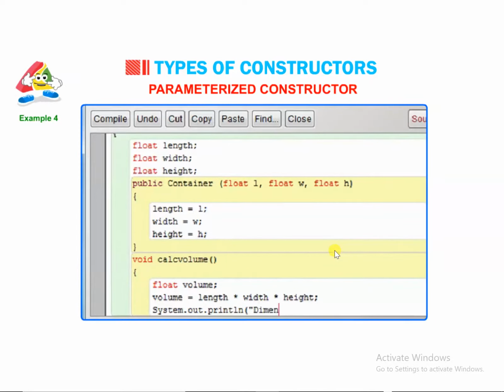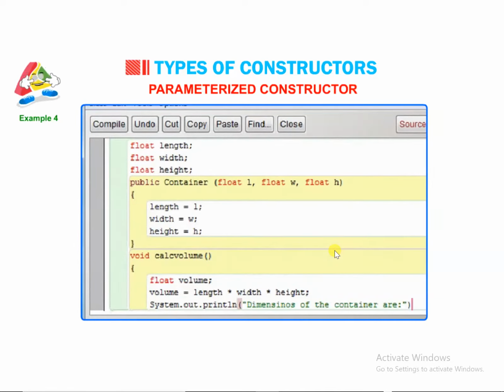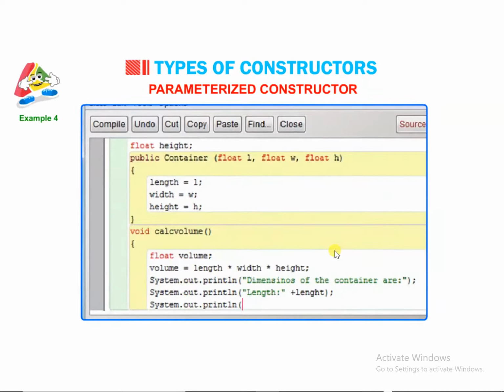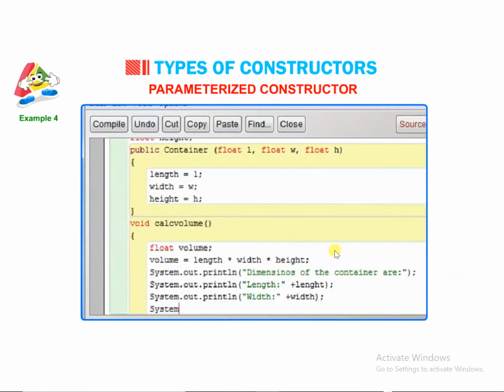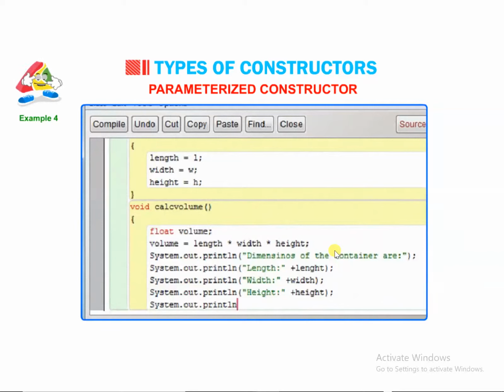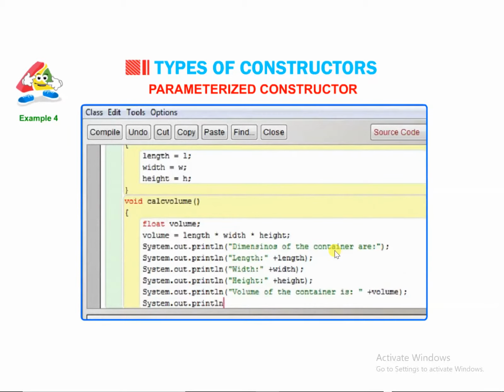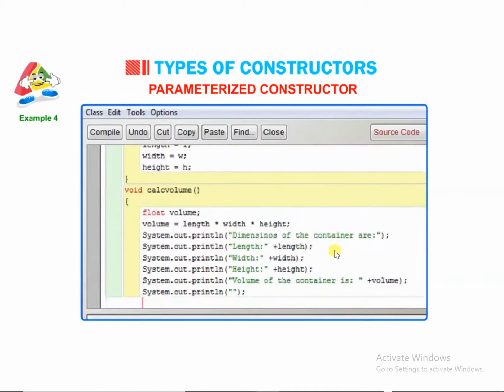System.out.println("Dimensions of the container are:"); System.out.println("Length: " + length); System.out.println("Width: " + width); System.out.println("Height: " + height); System.out.println("Volume of the container is: " + volume); System.out.println("");